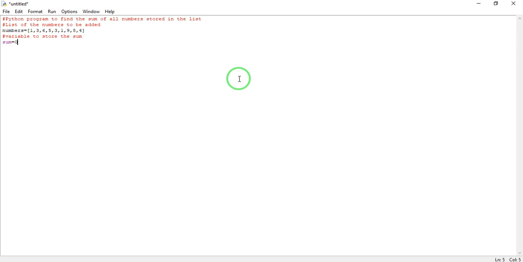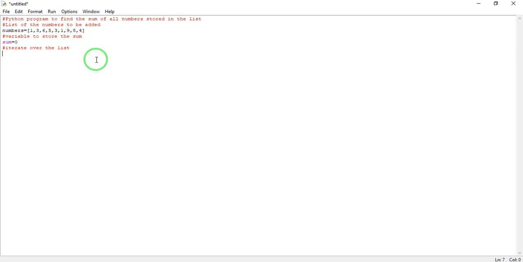Alright, and then let us define our iteration. We write again in a comment, iterate over the list, whatever list we have created. We have created a list of numbers, so over this we will iterate now.